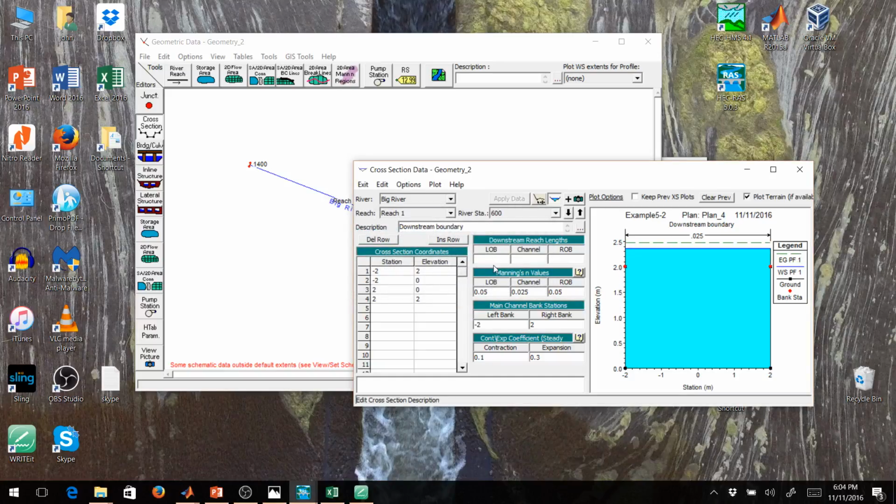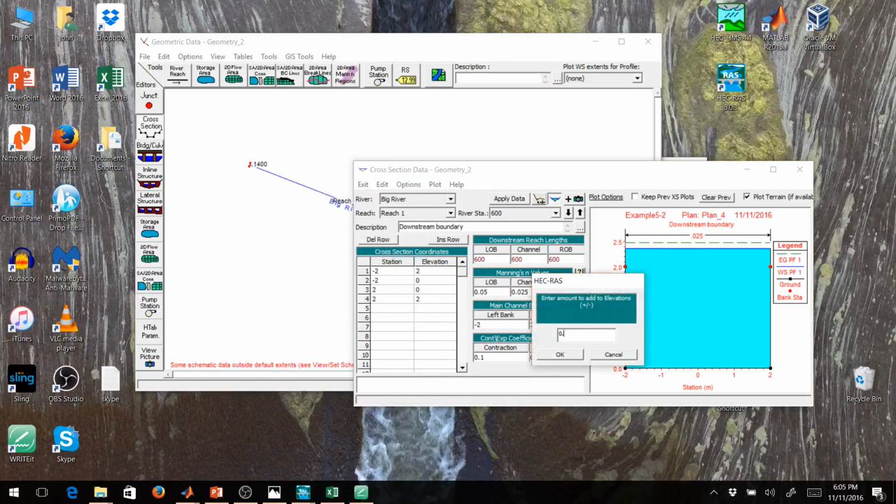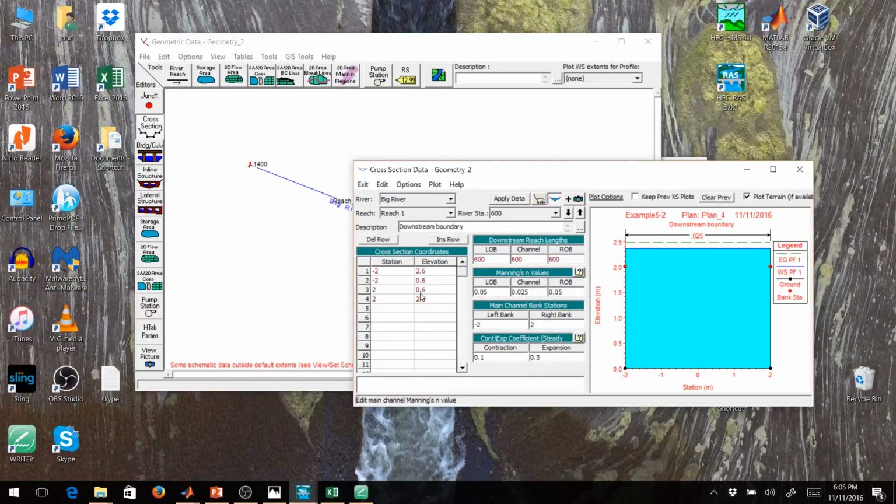Okay. I'm going to change my downstream reach length. It's now 600 meters from river station 600 to river station 0. Manning's n remains the same. Bank stations remain the same. Elevations need to increase by 0.6 because of the slope and a distance of 600 meters. So I'm going to go to that handy tool, Adjust Elevations, 0.6 positive, apply my data, and there you go. So we now go from 0 to 600,